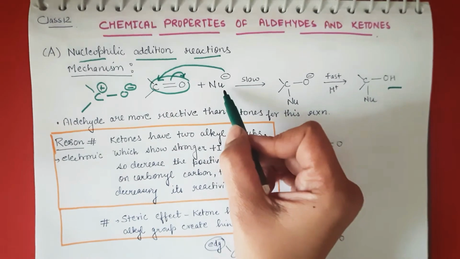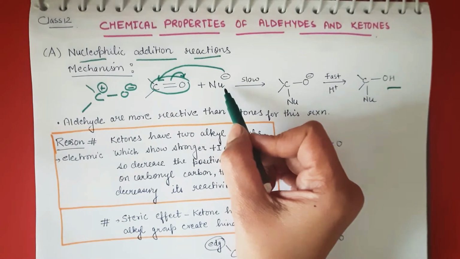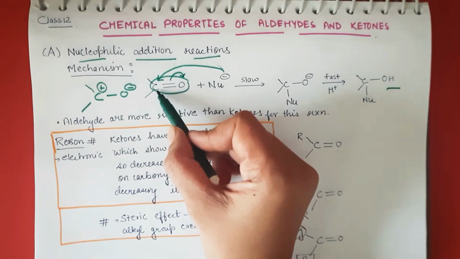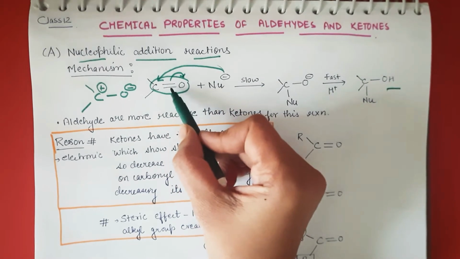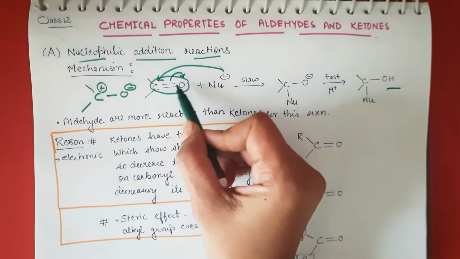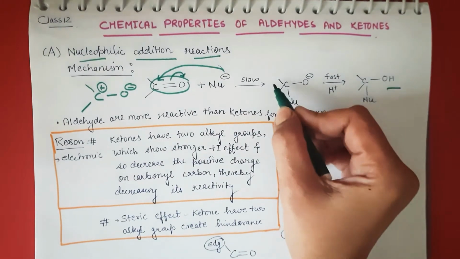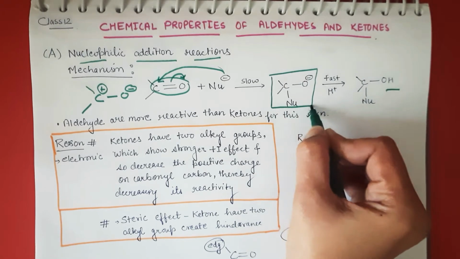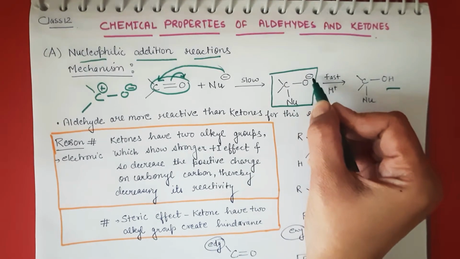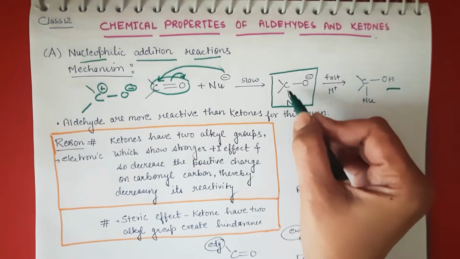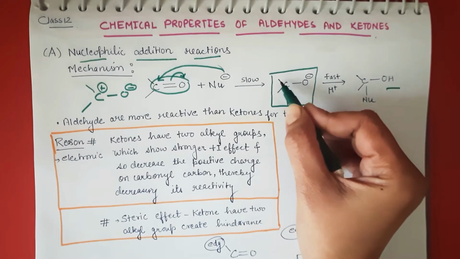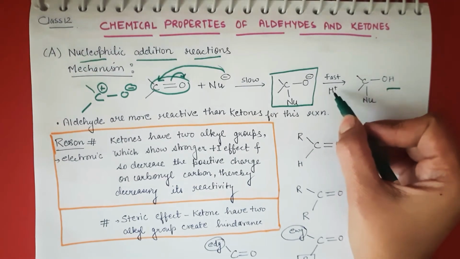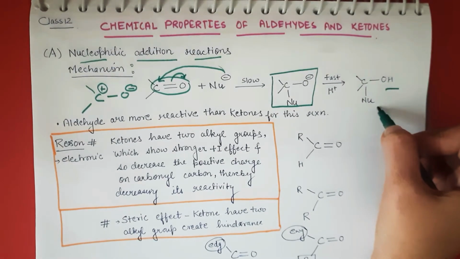Okay, so nucleophile itself has high electron density, so it will attack on the positive side of this double bond. It is converted into a single bond, so it will form a complex like this, in which oxygen is having a negative charge, the nucleophile is attached to carbon, and here the 4 bonds are already formed. By protonation it forms an alcohol here.